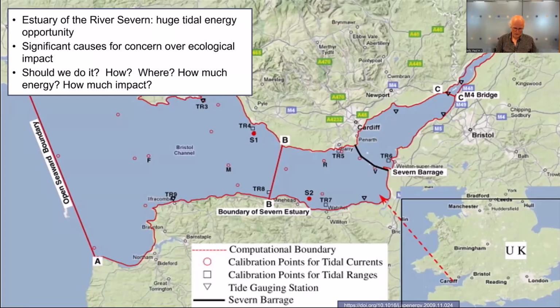And this is a body of work that I particularly like. It's focusing on an energy problem. So this is a map of the southern half of the UK. And this big estuary that we see over here is what's shown in enlarged form here. And it's been proposed that we should build a dam across this estuary. Now, as you might imagine, there's a huge tidal flow back and forth with every tide here. And there's enormous energy capture potential. But there are big, hard questions around the environmental impact of this intervention.